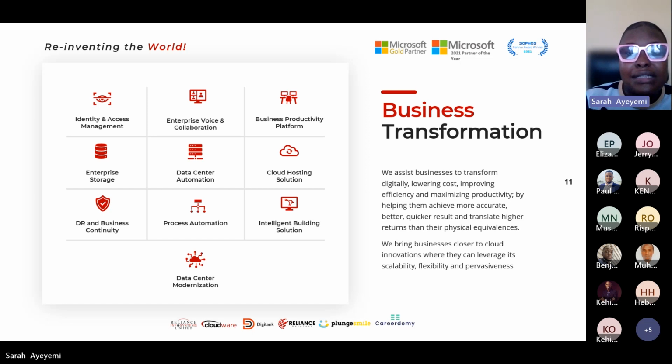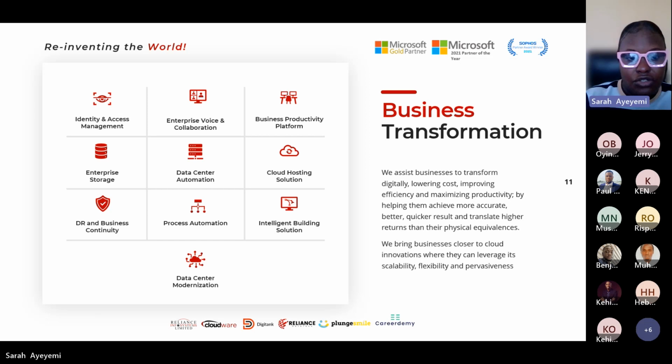We also bring businesses closer to cloud innovations where they can leverage its scalability, flexibility, and pervasiveness. Some of the solutions we provide include identity and access management, enterprise voice and collaboration, business productivity platforms, enterprise storage, data center automation, cloud hosting solution, DR and business continuity, process automation, intelligent building solution, and of course, data center modernization.